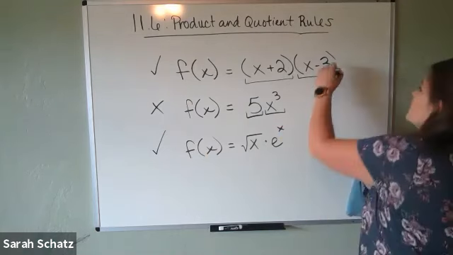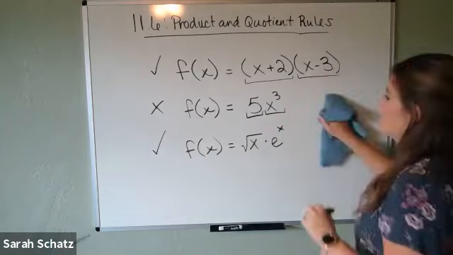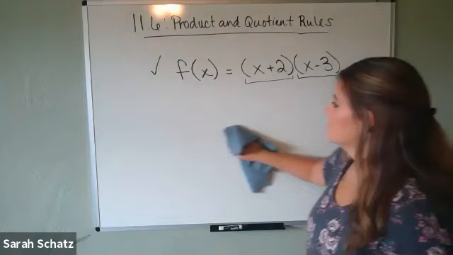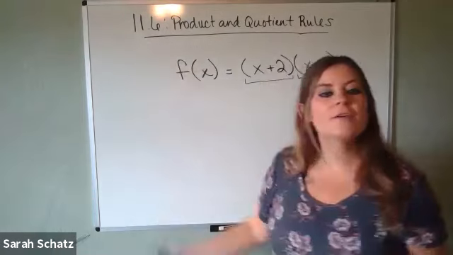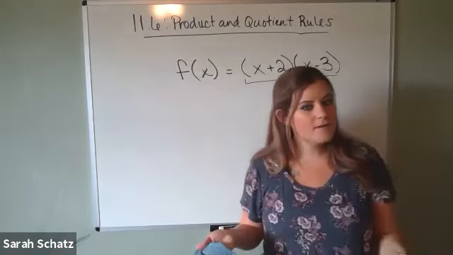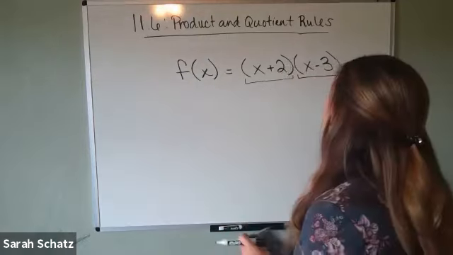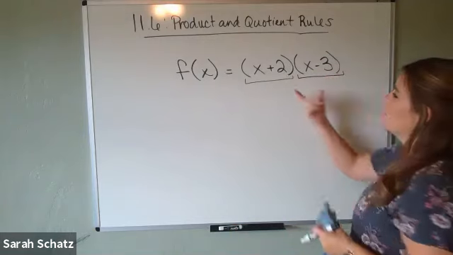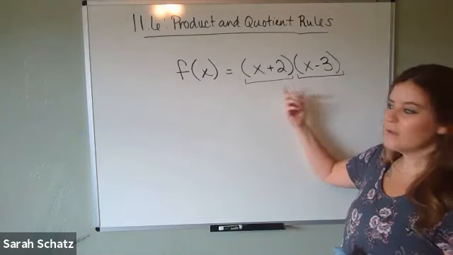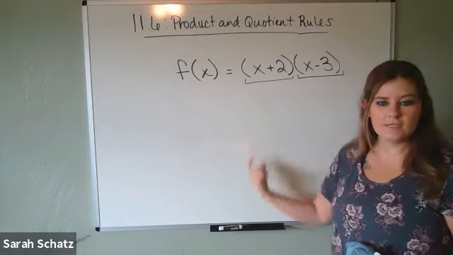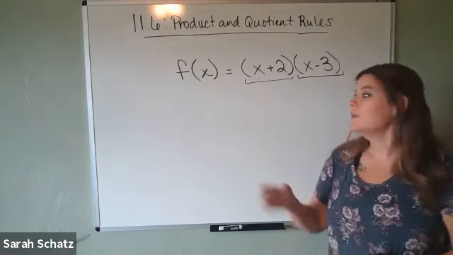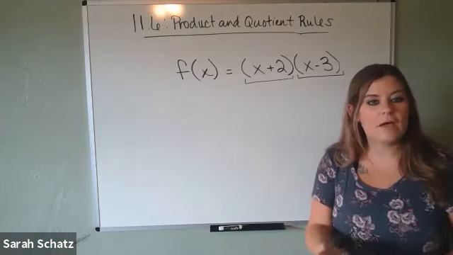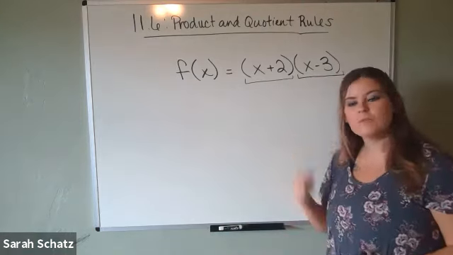Now, actually, I'm going to leave this first one up. And I'm going to erase these two because they were just for example's sake. So I look at this and I already decided I got to use the product rule here. Now, I know that you might be thinking, well, that's not really hard to FOIL. Why don't I just FOIL that out and then I can take the derivative? Remember, if you FOIL it, what you're going to get is 3 terms, either added or subtracted, and you know how to deal with that. You take the derivative of each. But guys,